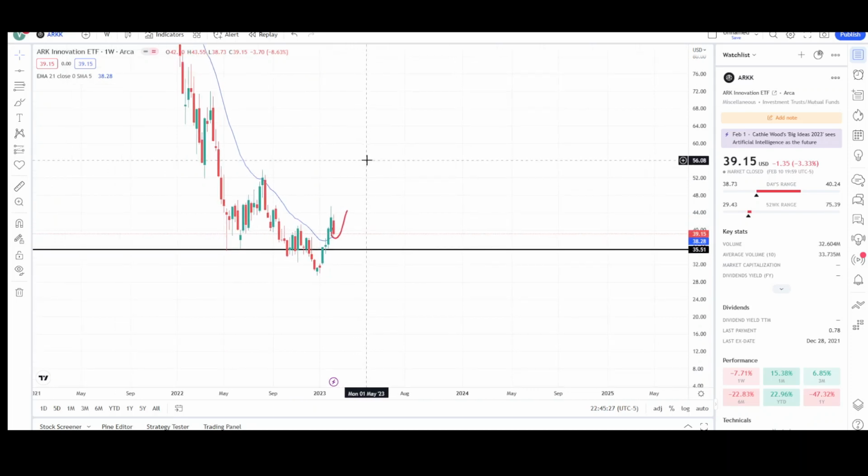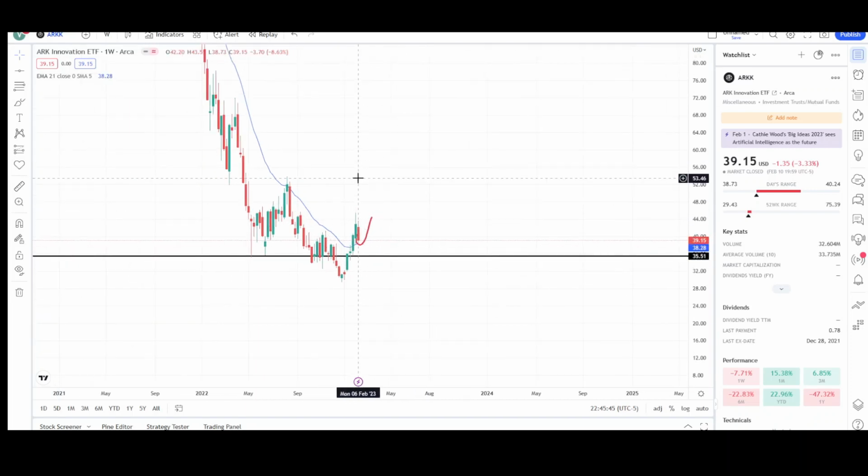Basically, it's a little harder to predict what's going to happen now because the move already occurred lower. We could go down a little bit more before seeing some type of bounce occur. Let's see if that bounce is weak. If the bounce is weak, we're going to see another leg down. If the bounce is strong, we could continue much higher. So that's all I have for ARK Innovation this week, Saturday, and I'll give you guys an update next week,